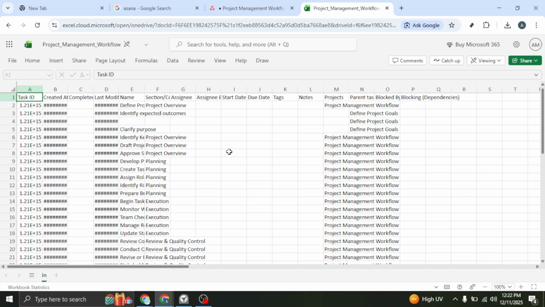That's it. You searched for Asana, opened your project, used the drop-down next to the project name, chose Export or Sync, selected Project Tasks CSV XLSX, and clicked Export. You're ready